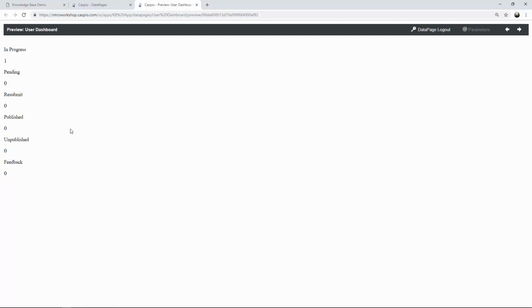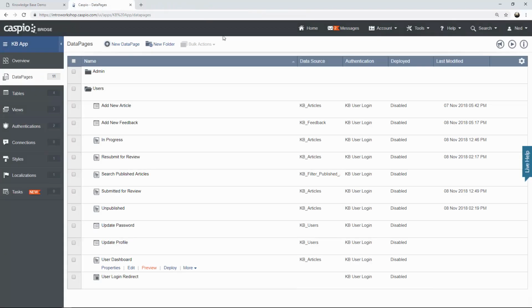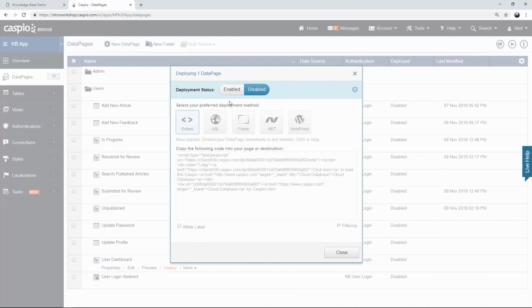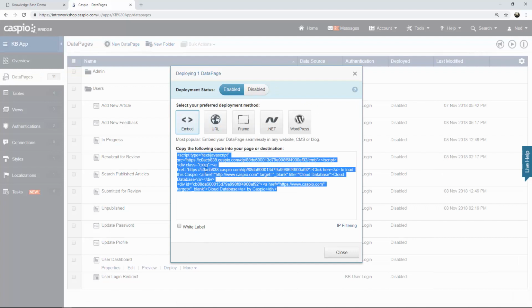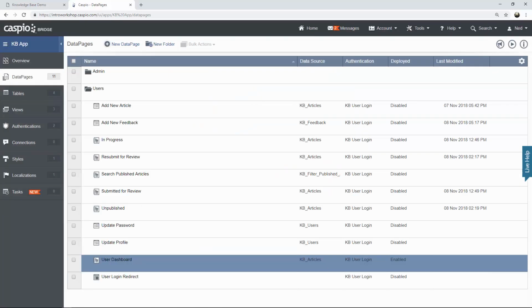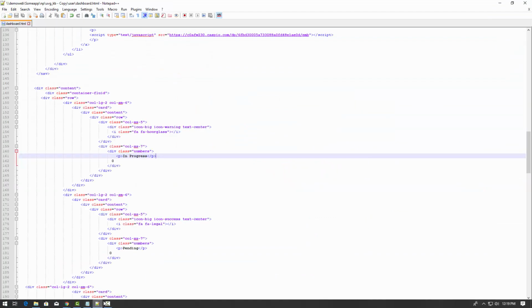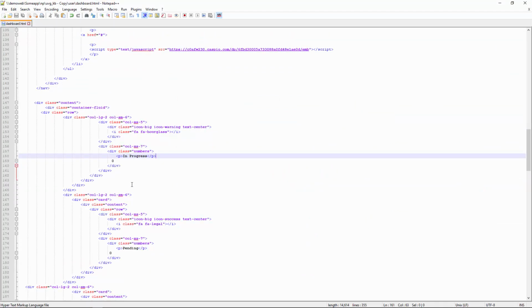They're basically calculating information from the table in order to display that data inside those boxes later on when we embed this into a web page. Let me show you actually very quickly. I know I said I'm going to save this for the last part of the video guide in part 5, but I do want to show you now that if you were to deploy this data page, user dashboard, and you were to grab the Caspio embed code and close this screen in your HTML file, if you now remove